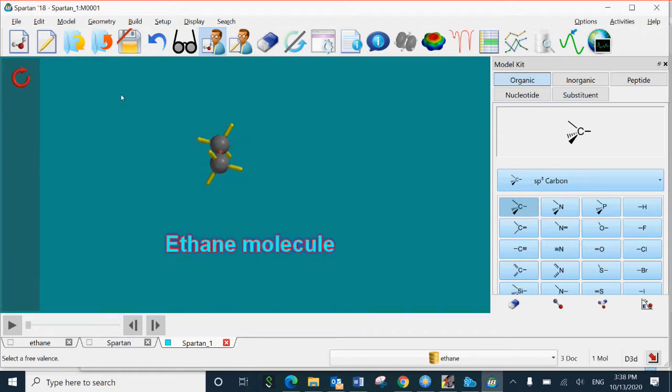You have learned the conformations of ethane: the staggered conformation and the eclipsed conformation. These are the two conformations of ethane. You can align the two carbons together, and if you align it, you can see that the hydrogens are staggered. So this is a staggered conformation of ethane. For eclipsed, you will see the hydrogens are eclipsed with one another, and the dihedral angle will be 0.